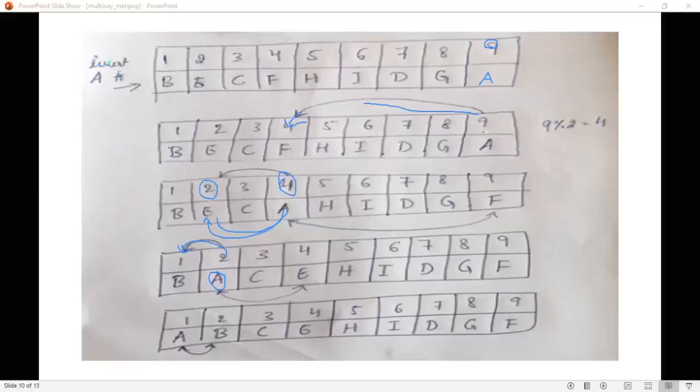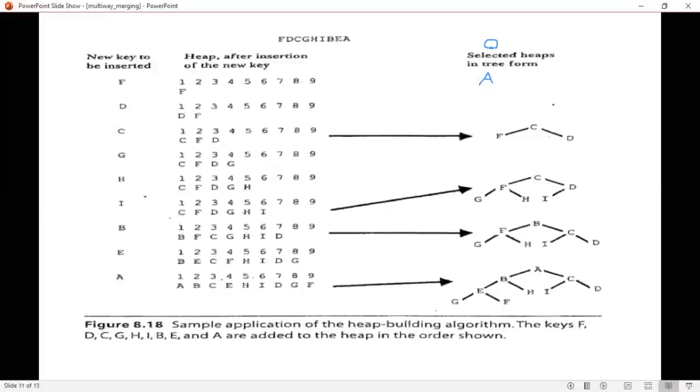Okay, now you understood how to insert an element into the heap, right? Next we will see one more example that is given here, that is finding a heap for the sequence F D C G H I B E A. How to find a heap for this particular sequence.